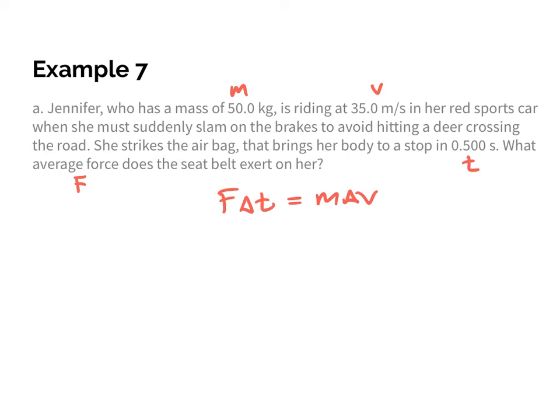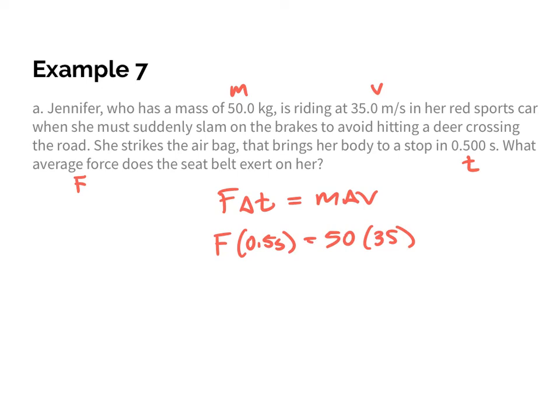So I know that the force here is what I'm solving for. Delta T, which is given to you as 0.5 seconds. I know the mass of Jennifer is 50 kilograms, and I know her speed is 35. So again, the idea is that the momentum change and the impulse have